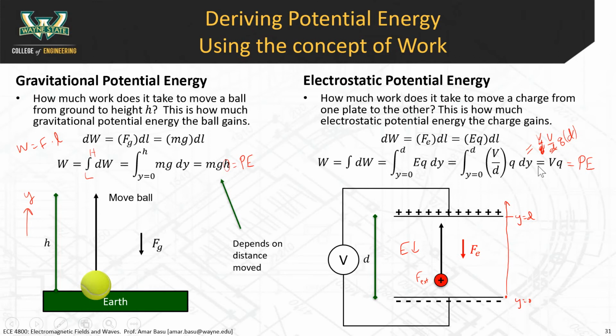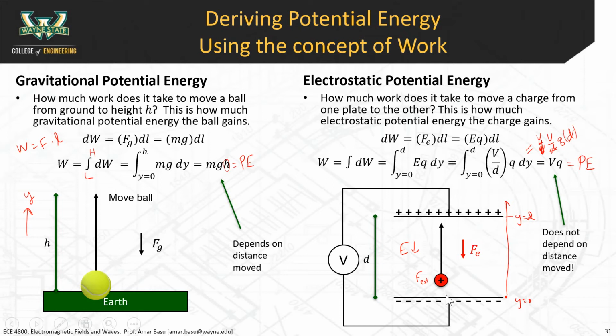But notice in the electrical system, this doesn't depend on the distance moved. The distance between the plates never comes into the final answer because it gets canceled out by the mathematics here. So that's telling us that you could change the distance between the two plates and it wouldn't matter. You'd do the same amount of work whether the plates were 10 microns apart versus several meters apart, right? The electric field changes when you have different distances between the plates, but the potential energy does